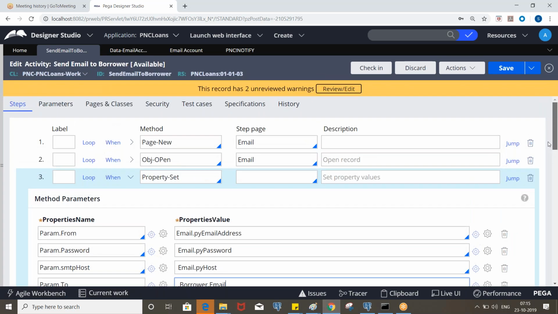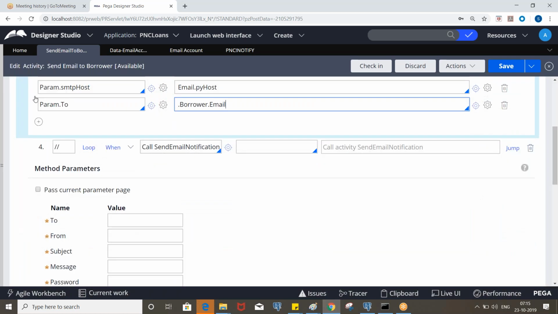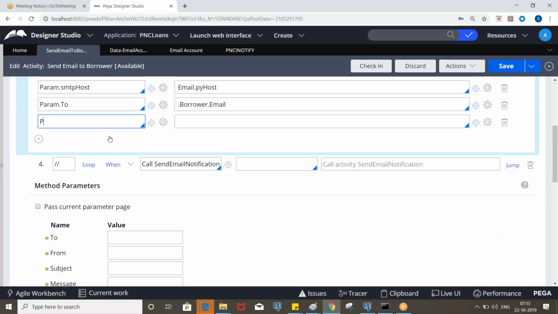So next, param dot the subject. Let's say I want the subject like this: work object ID. Let's say verify address details is the subject, and you need to put the work object ID also. Okay. This is the static data.